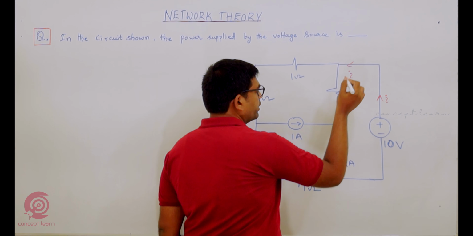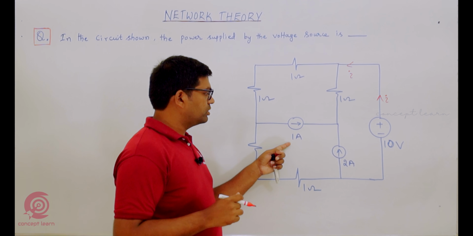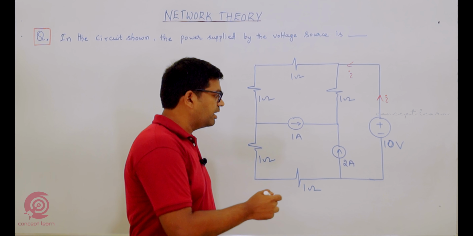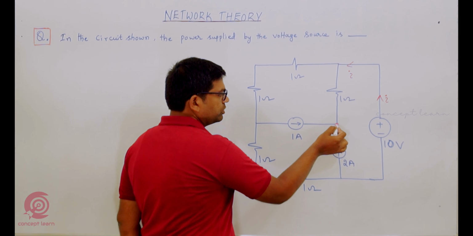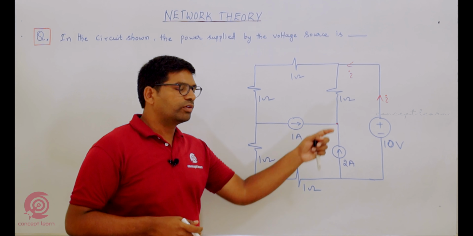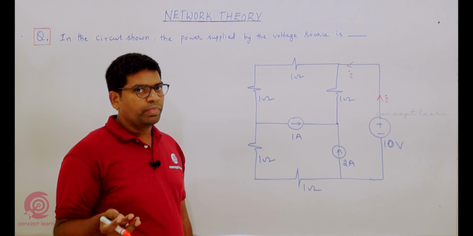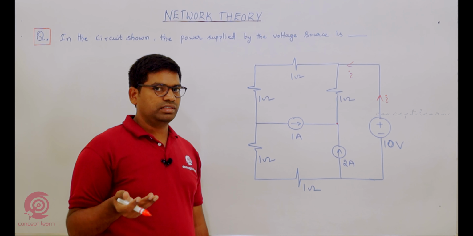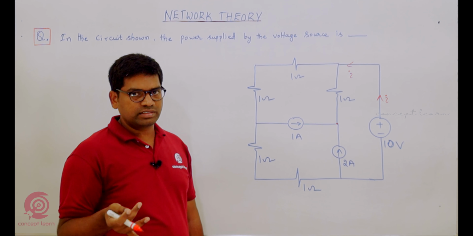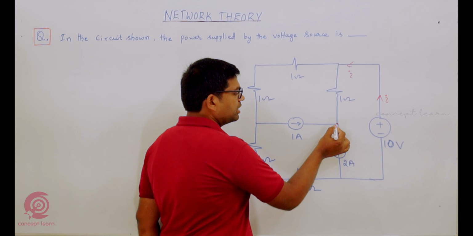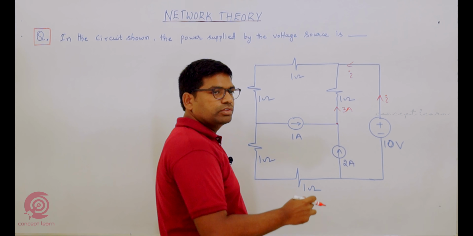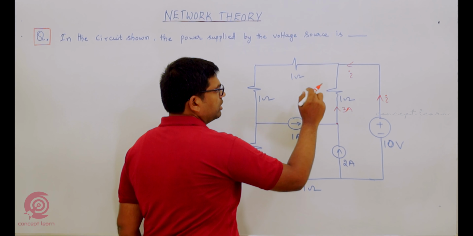If you look at this, both current sources are indicated with these directions, meaning 1 ampere is entering at this node, and at the same time 2 amperes is also entering at this node. So what will be the current leaving through this particular 1 ohm branch? Definitely by using KCL, the algebraic sum of leaving currents is 0, or the sum of incoming currents at a node is equal to the sum of outgoing currents. With that rule, 1 ampere is entering and 2 amperes is entering, so the outgoing current must be 3 amperes. So 3 amperes is flowing through this 1 ohm resistance.